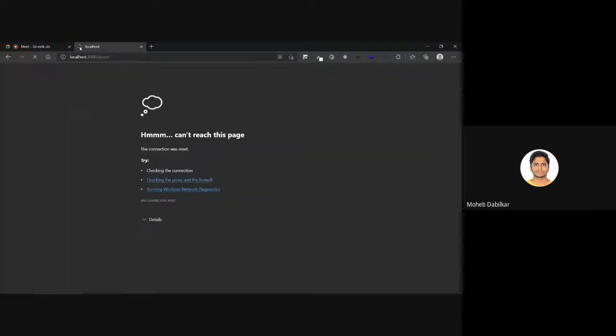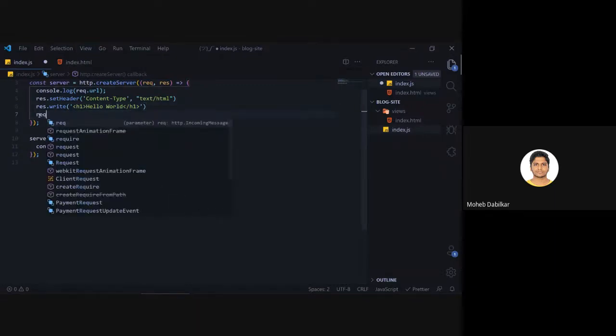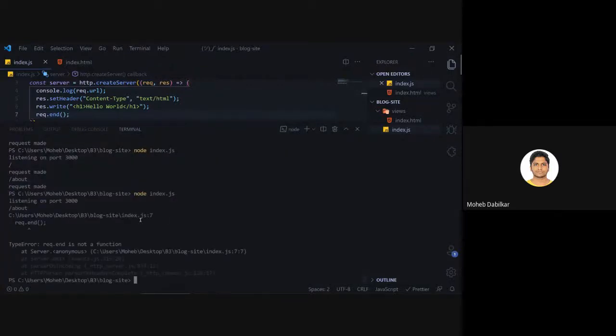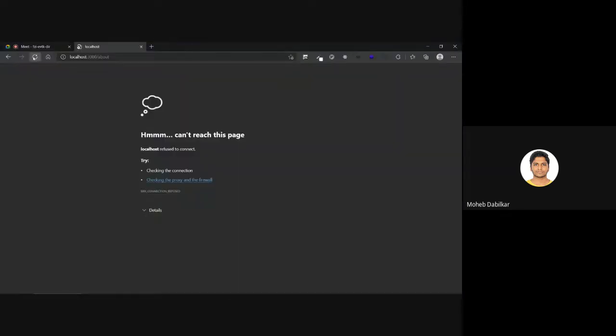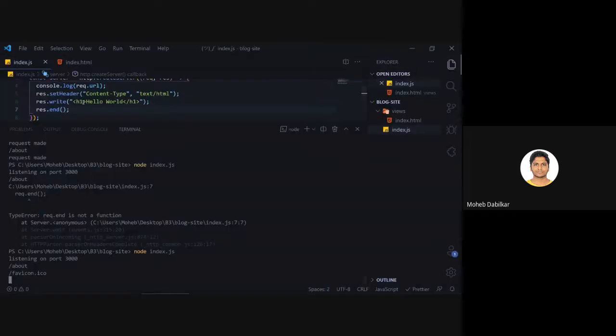Yeah, and you see it is loading again and again. We don't want that. So what we'll say is instead of console logging, we will say request dot end. Now we still have to restart our server once more. Response dot end, sorry. Let's just run it. Now try and reload it. You see it says hello world and it is in h1 tag only.